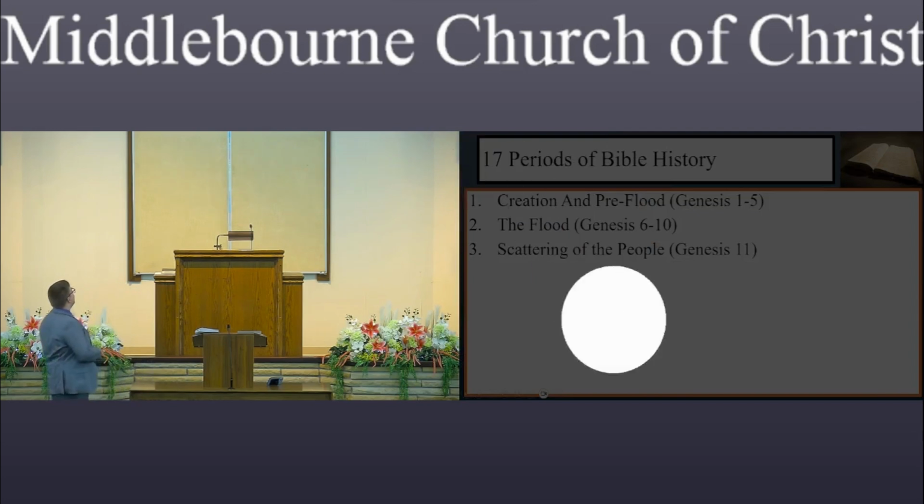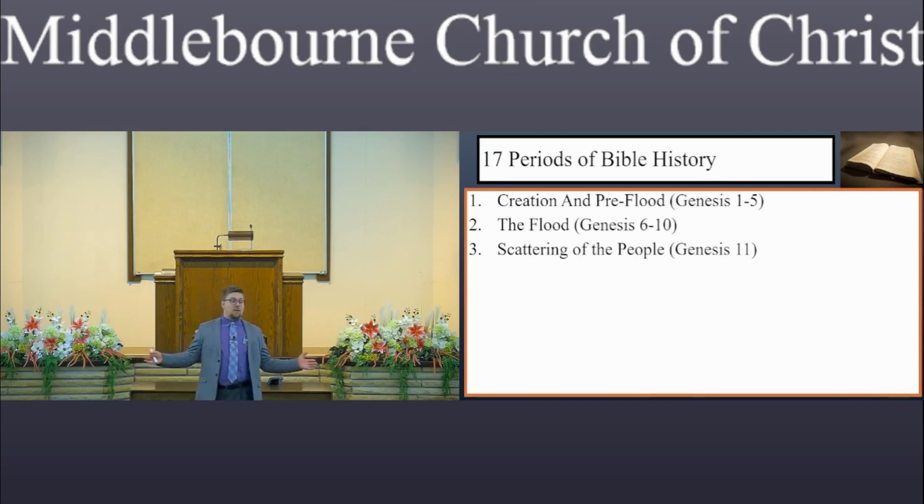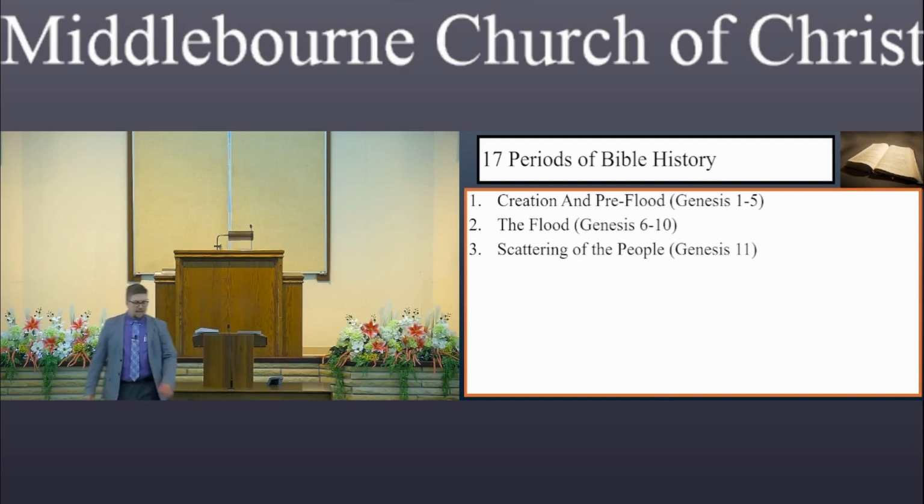In reality, by the way, it's not all of Genesis 11. The latter half of Genesis 11 is actually a genealogy. In reality, the event of the Tower of Babel is only something like 16 verses at the most, I think. Something like that. So I've heard both arguments. I think both make a good case as for its significance. But if you were asking my opinion, I would combine these two.